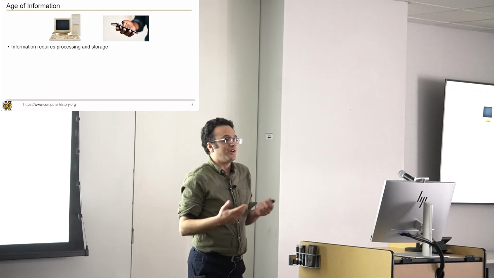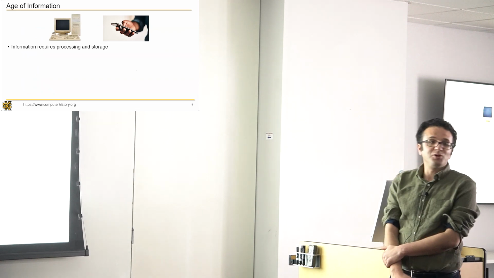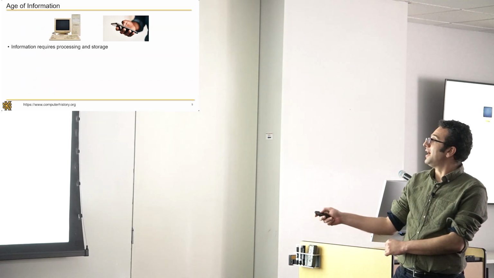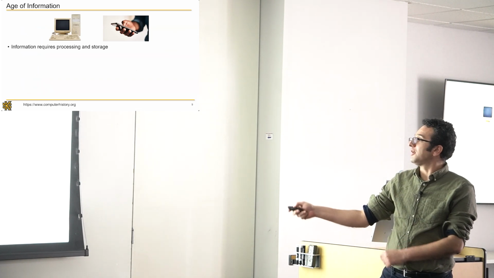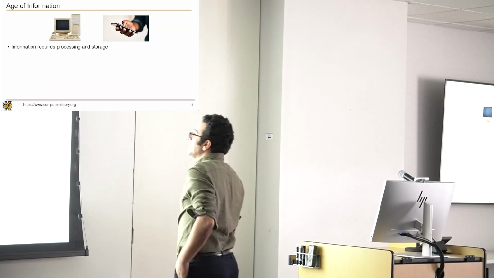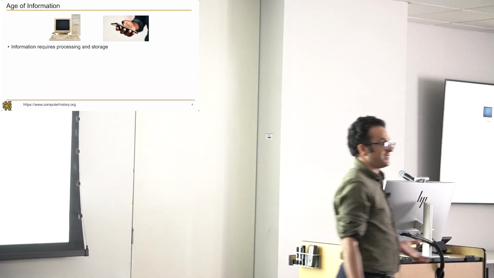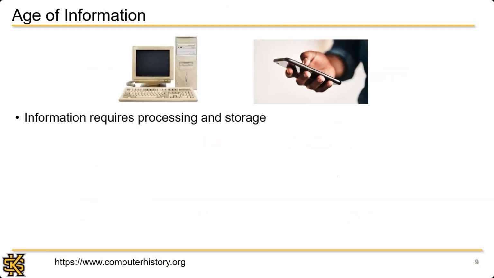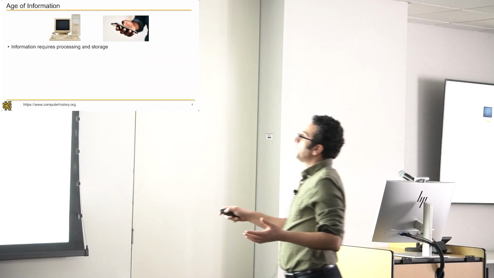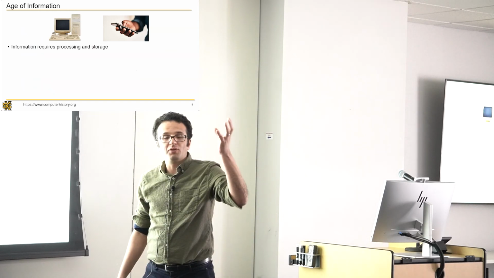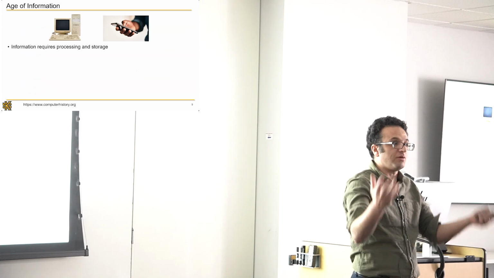As you know, we live in an age of information. Some of you may remember this type of computers that we had at home, and most of us nowadays have this type of cell phones. This cell phone is way more computationally capable than this computer. That means that we were successful at doing something in materials and condensed matter physics. We were very successful at miniaturization of things. What was the aspect of miniaturization? It was reflected in both aspects of information, because if you have information, you need to process it and you need to store it, right? These are the two aspects of information.